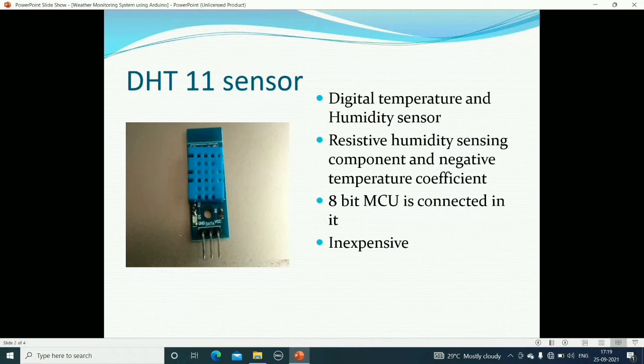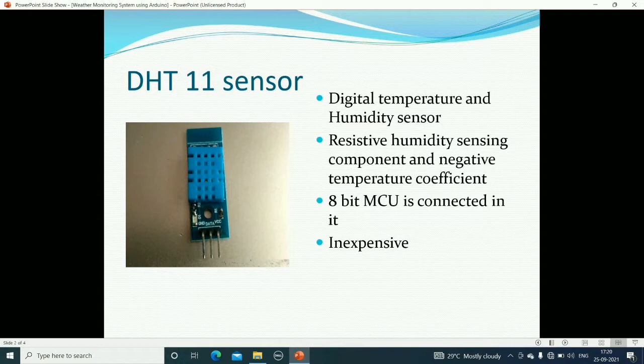Performance wise, there is no difference between the sensor and the sensor module. One more difference is that the sensor module contains one filtering capacitor and one pull-up resistor on the board itself. So this is the basic difference between the DHT11 sensor and the DHT11 sensor module.